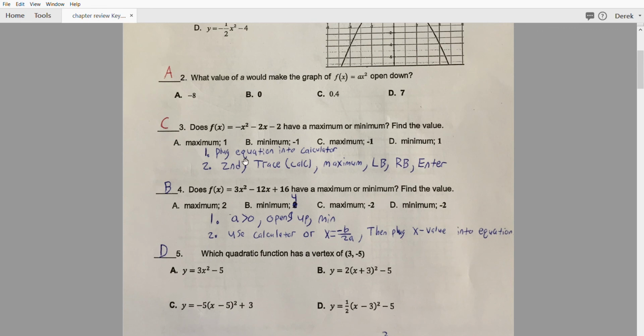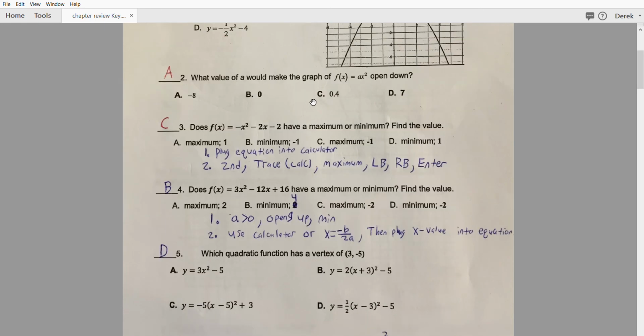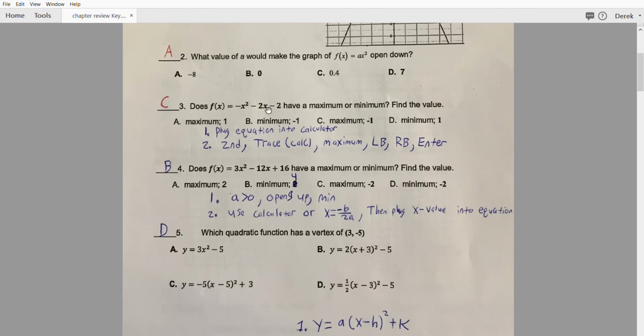All right. Next one, does f(x) = -x squared - 2x - 2 have a minimum or maximum? And we need to find the value. Okay, so we can do the same thing with our a value here. Since a is negative, we have that negative sign. We know it's essentially -1. We know that it's going to point downwards. So if the ends of our graph point downwards up here, we think of it like a mountain, and that means that we are going to have a maximum. So right away, we can cross out